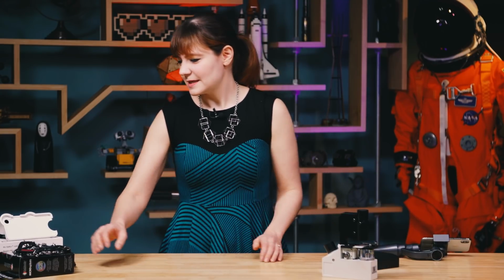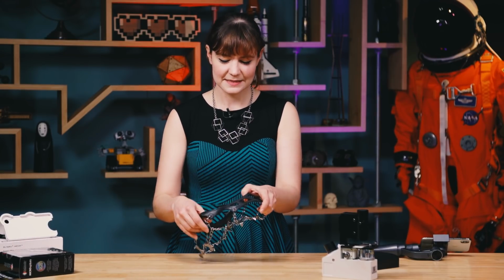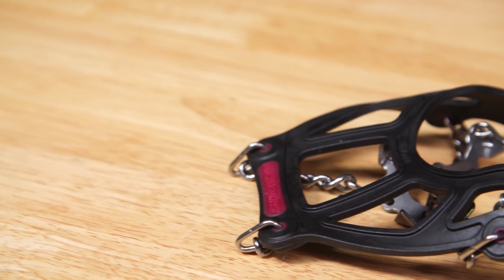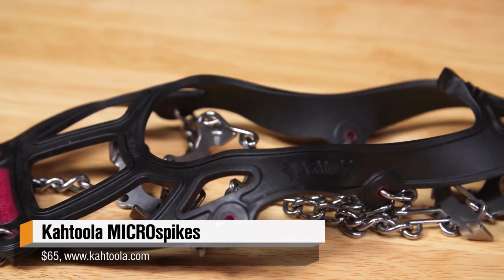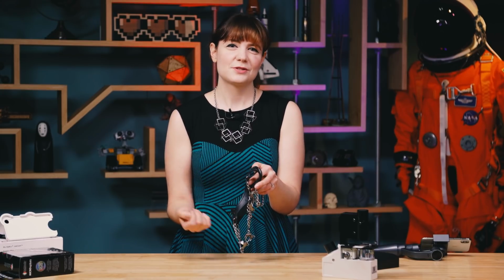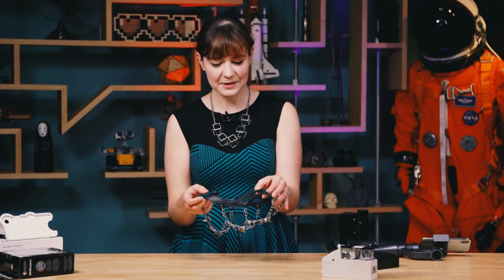So going off the tail of that, off of microscopy, but still in Antarctica, one of my favorite things this year is this. This is MICROspikes. It looks like some sort of fetish device, but it's actually something you put over your shoes so that you can be stabilized on top of ice, on top of glaciers, on top of snow. In Antarctica, they give you government-issued stabilizers, which require Velcro and straps, and they don't fit very well. But some people had these MICROspikes, which made it a whole lot easier, and they just fit on your shoe